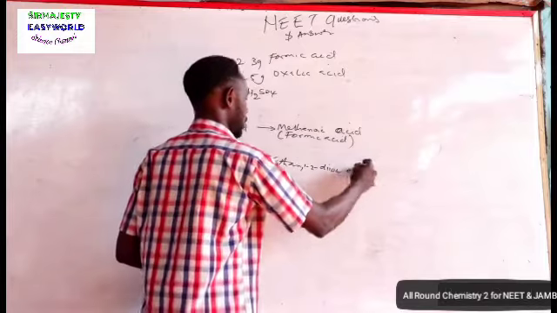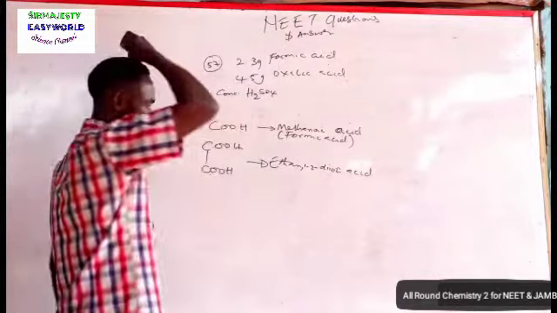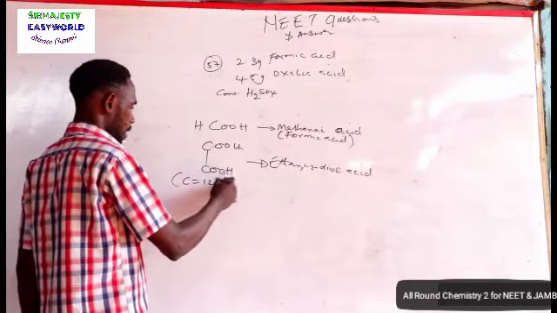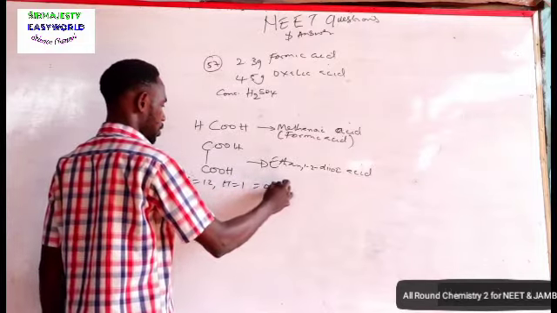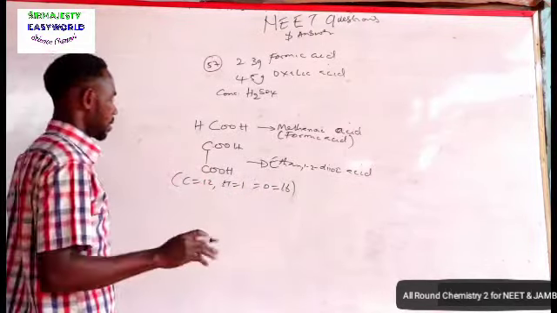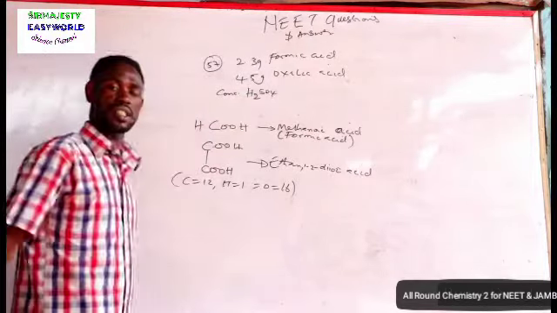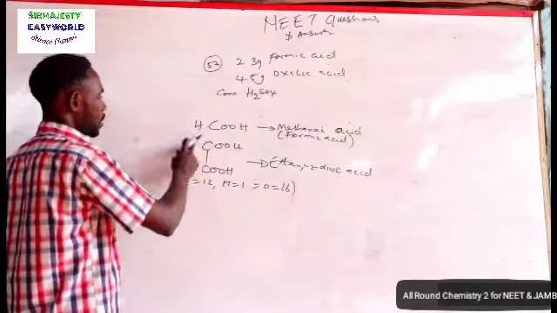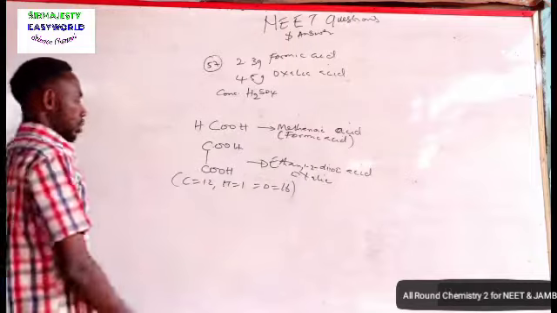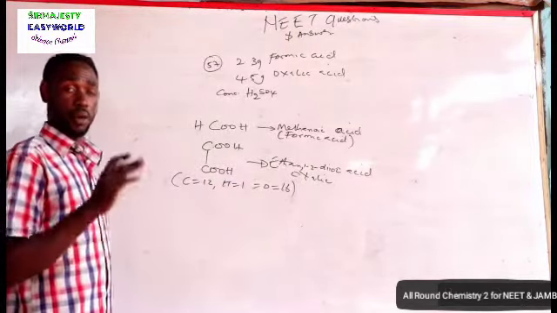Then, reacting each of them with conc H2SO4, you should bear in mind that carbon is 12, hydrogen is 1, oxygen is 16, which will enable us to calculate the molar masses. So you are just acting as if you know how to produce the two gases in the lab. These two particular things, formic acid and oxalic acid, remember they are solids, and are just raw materials for the production of the two gases, carbon monoxide and